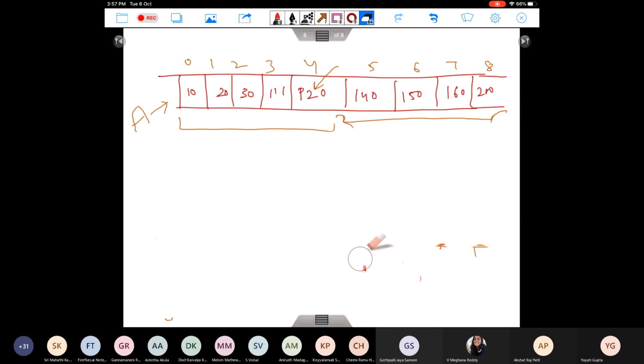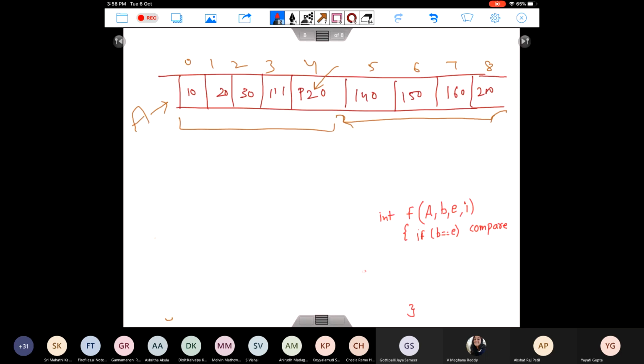Assume that we are searching for this number 200. So I'm taking the worst case here. So what was my algorithm? This is a function. The function is returning an integer, and the input it is taking is the array a, the beginning and the end, and the element or item which I am searching. In short, if your beginning becomes equal to end, I just compare whether I have found the element or not. If I have found the element, I'll return the index here. If I haven't found the element, I'll return -1.